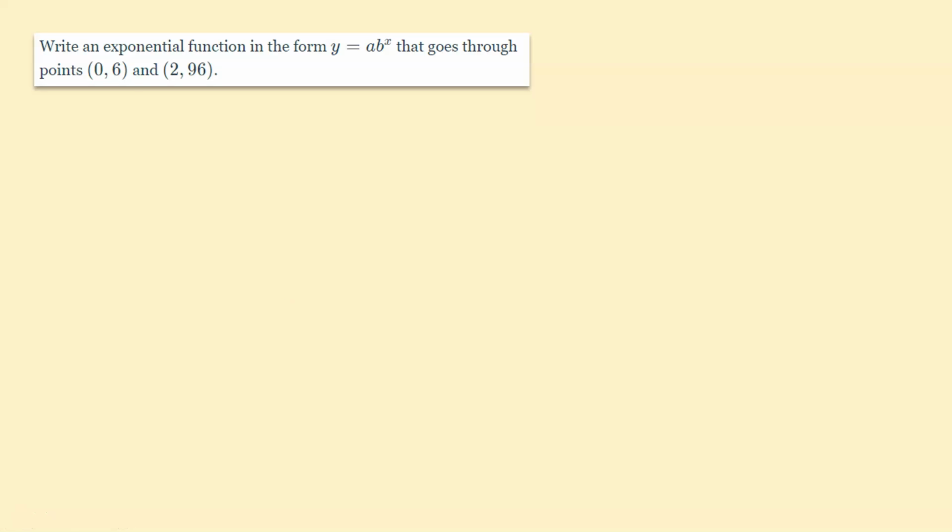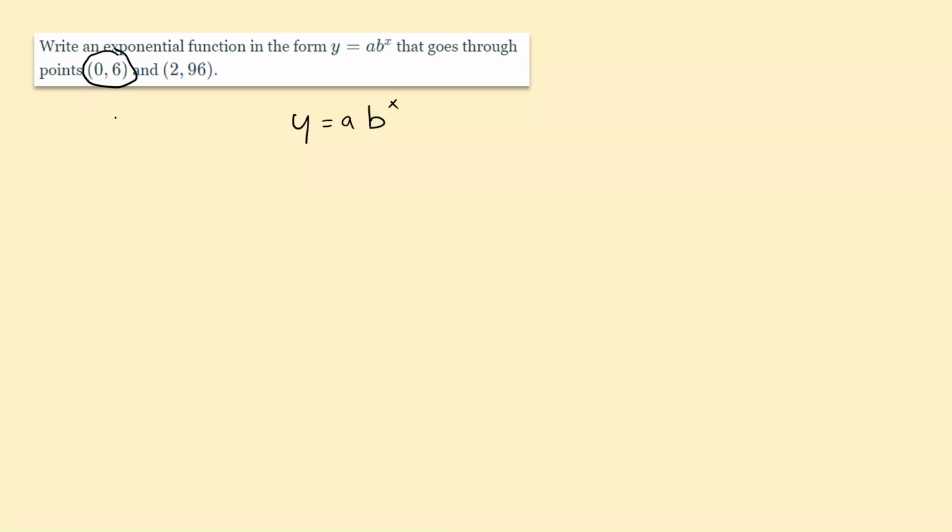Now here we are writing an exponential function in the standard form, y equals a times b to the x power, and we want to make sure it goes through these 2 points. So in order to do that, basically what it's asking us to do is figure out the a and the b value. So we just have to plug in the points that we're given one at a time. We want to start with this point right here,